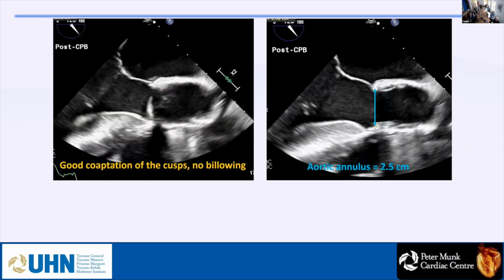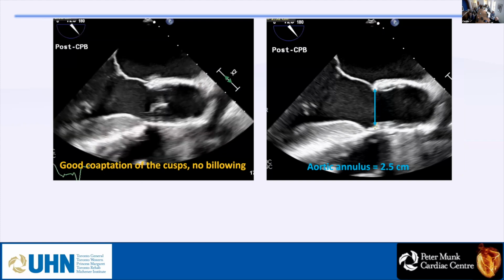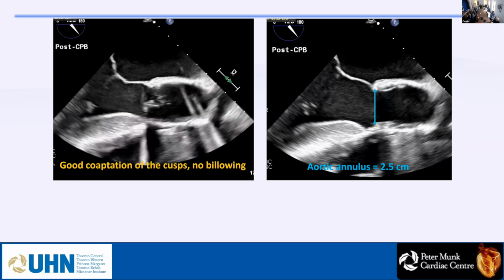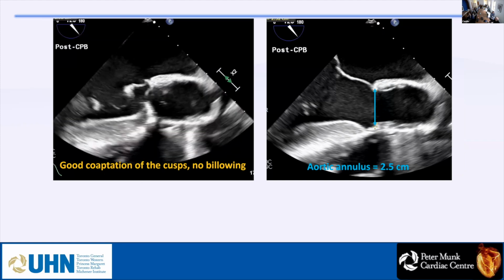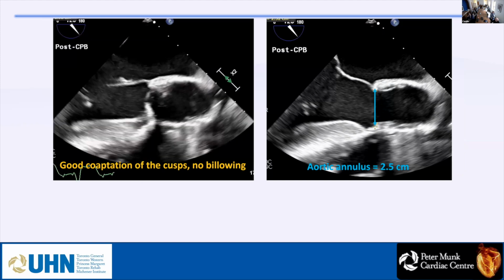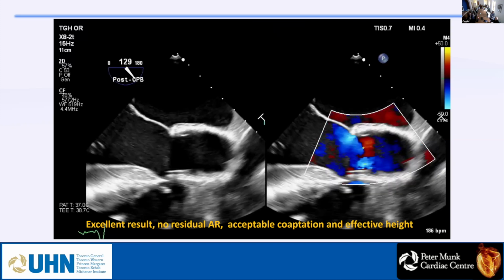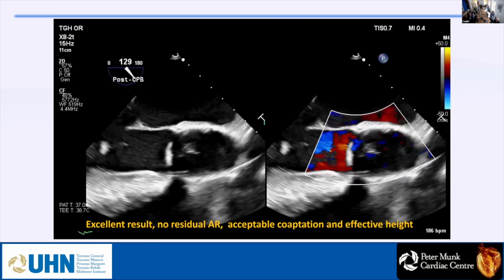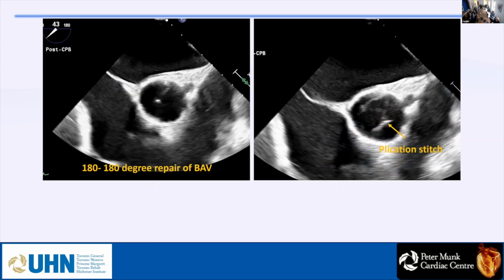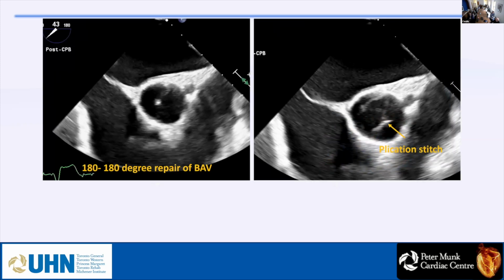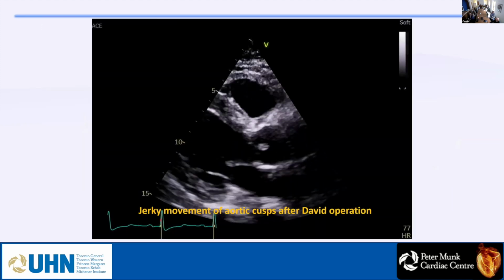So she has to bring the annulus down below 2.5. So anytime we do a valve repair, we have to bring the annulus down to 2.5. Okay? So he brought it to 2.5, and you see the valve. Again, no AI at all. So that's a very good result. This is Dr. Chang from our center. Very nice result. And in pre-discharge echo,